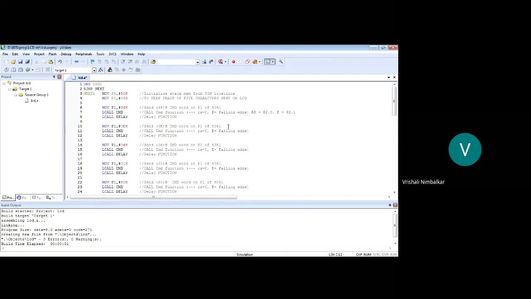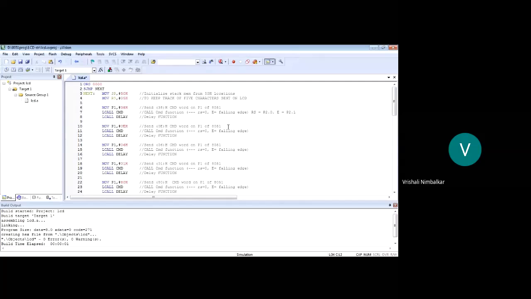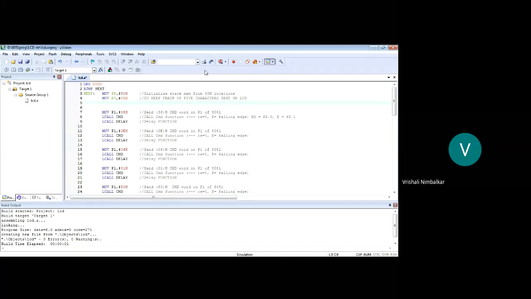Now MOVC, how is the format of the instruction? It means I need one pointer register to point to program memory. And which pointer is it? DPTR. Always. So to copy data from program memory, I need to make use of a pointer, and the pointer register is compulsory DPTR. Correct? Right? So it means that DPTR should be loaded with the correct address.